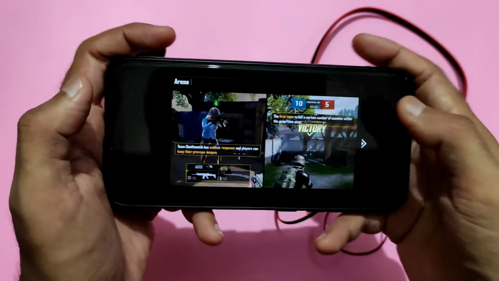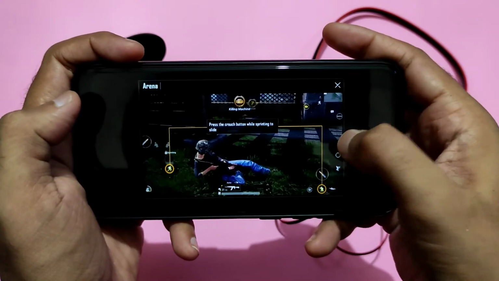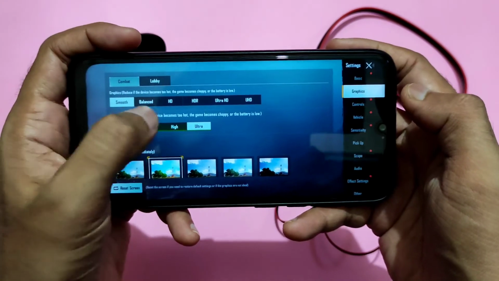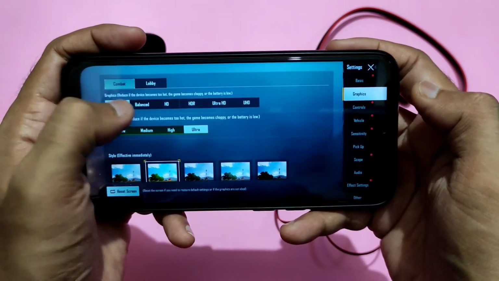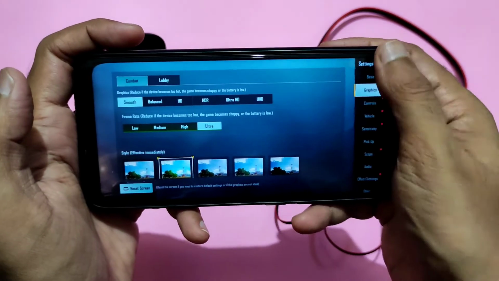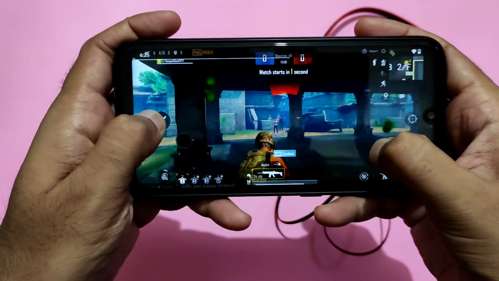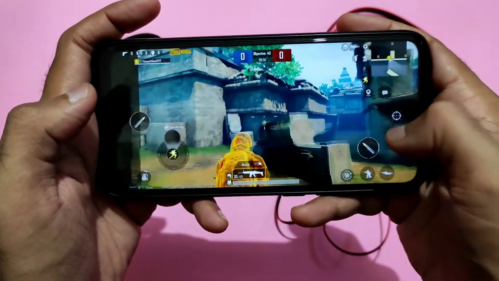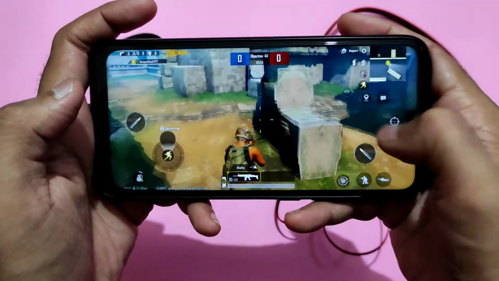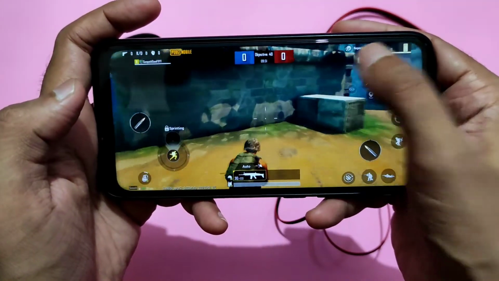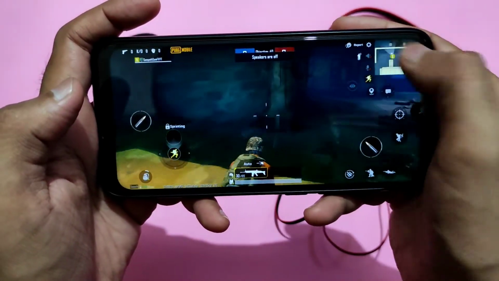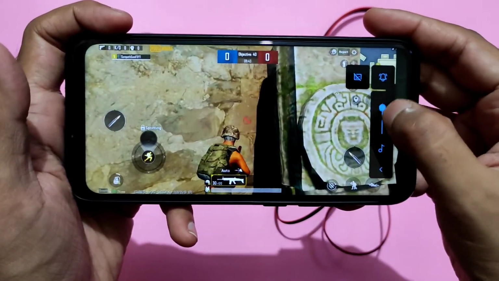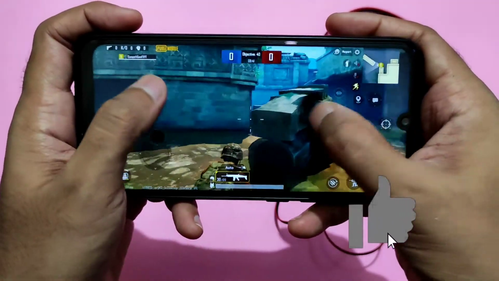Lots of customization is given. And coming to gameplay, as you can see, in the settings you get smooth, ultra, 40 fps, and HD and high. If you want 30 fps gameplay, you can unlock 60 fps by using a Magisk module or by transferring files. But anyhow, in 40 fps the gameplay is very good, as you can see, but it's not a gaming ROM or anything like that. And considering the benchmark score, I don't think this ROM is good for gaming.